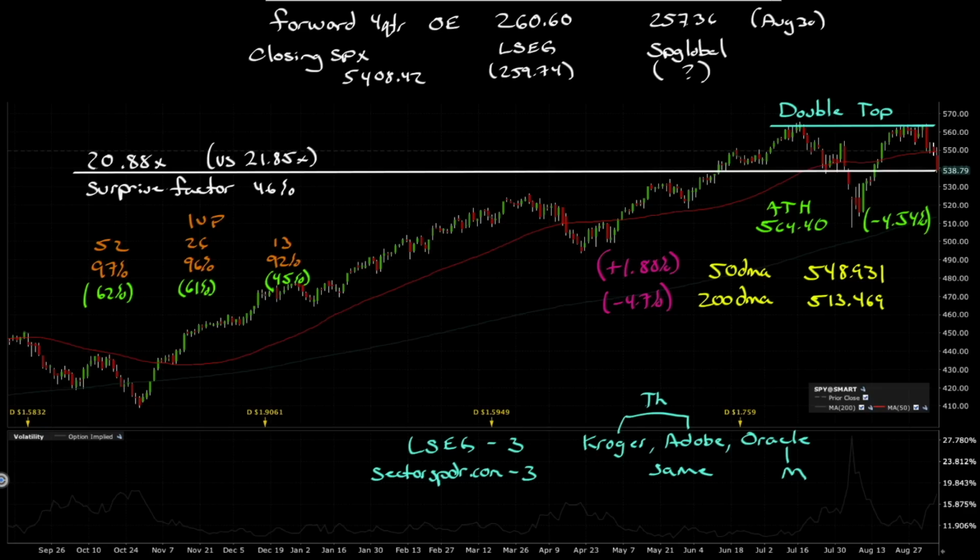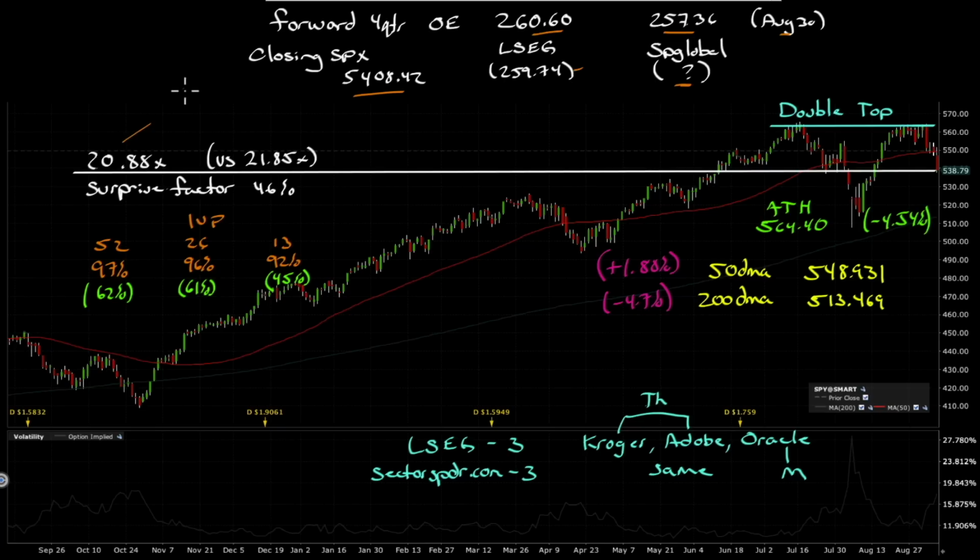Okay, the S&P 500, the interesting one. Forward 4-quarter operating earnings from LSEG are 260.6. That is an increase from what we saw last week. S&P Global didn't have anything last week. This week they have last week's at 257.36. I don't know what's going on there. But let's take the average of that and look at the closing SPX of 54